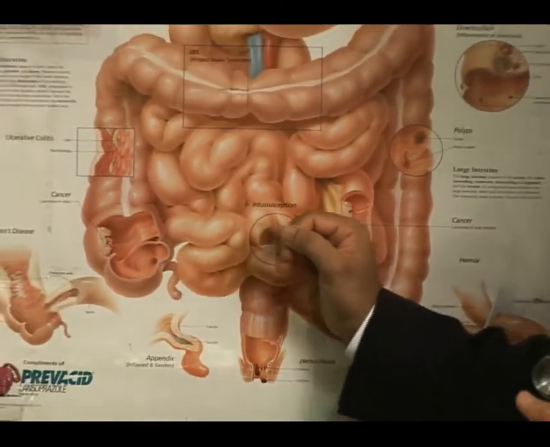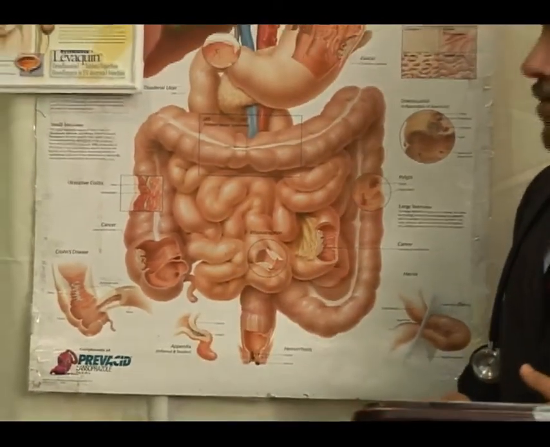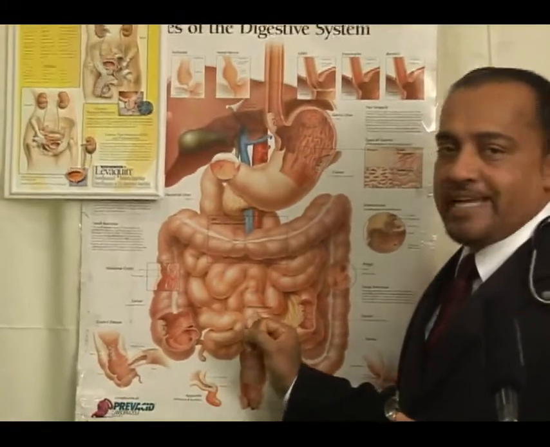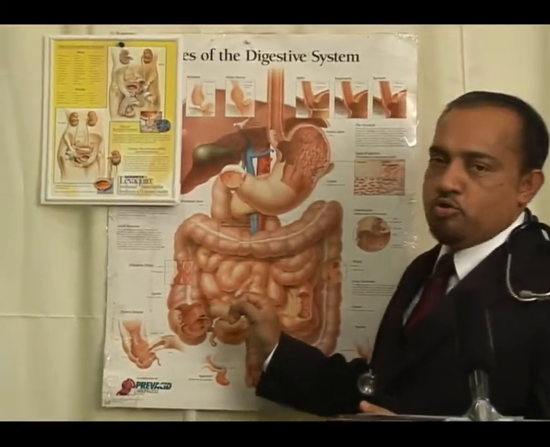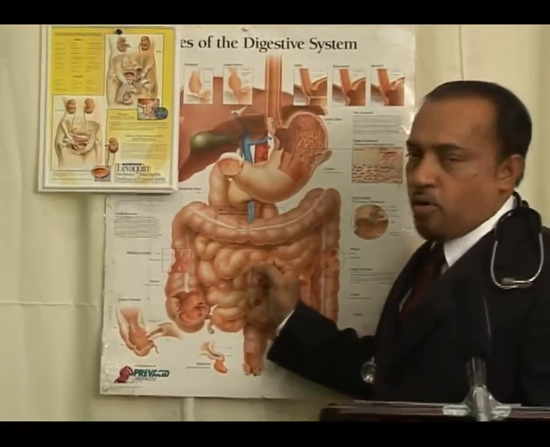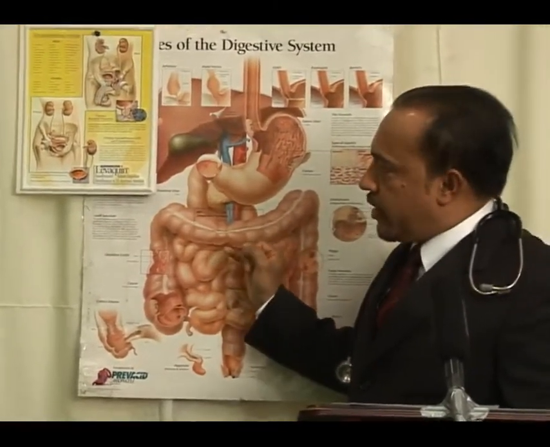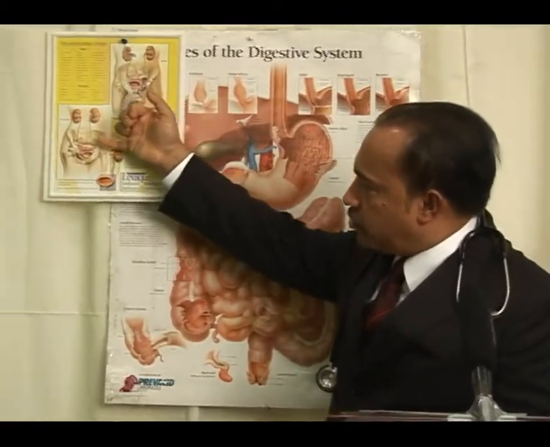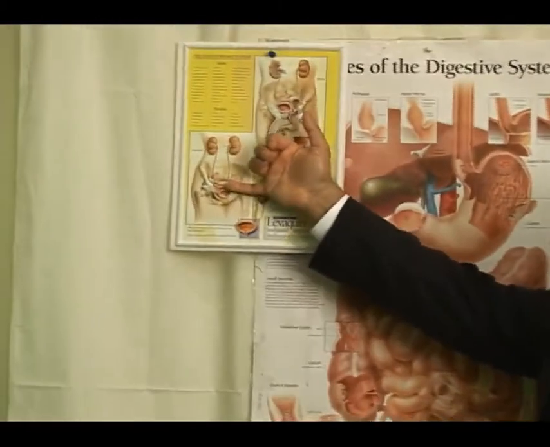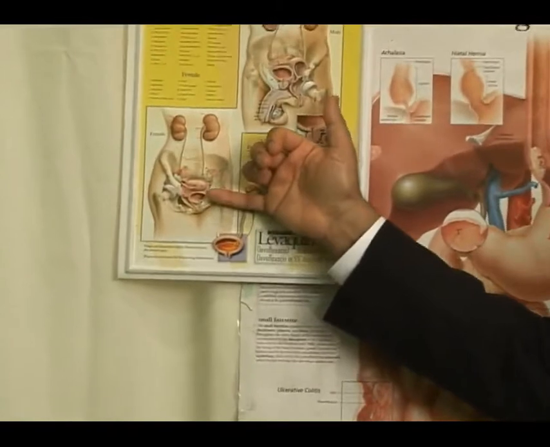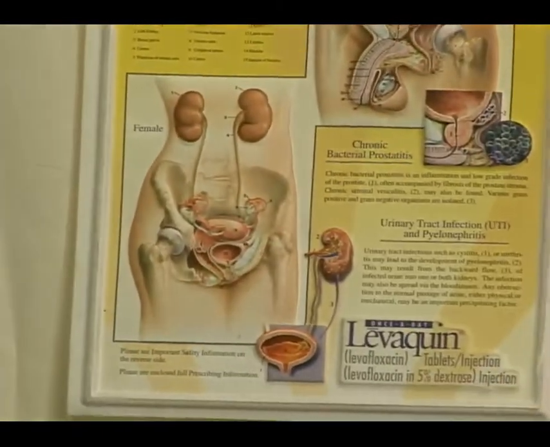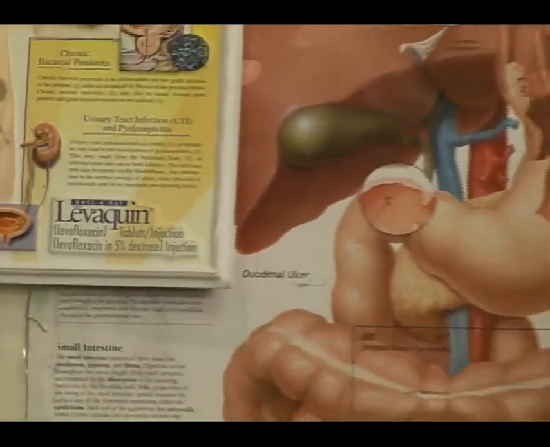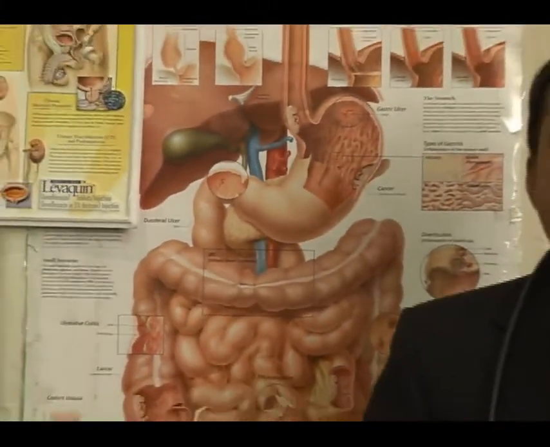But other problems that can occur in the female population that can present with lower quadrant pain have to do with the genitourinary organs. And the genitourinary organs are basically the organs to do with the uterus, the cervix, the vagina, and also the urinary bladder. So when a patient presents with left lower quadrant or lower abdominal pain, it in itself is a very, very difficult